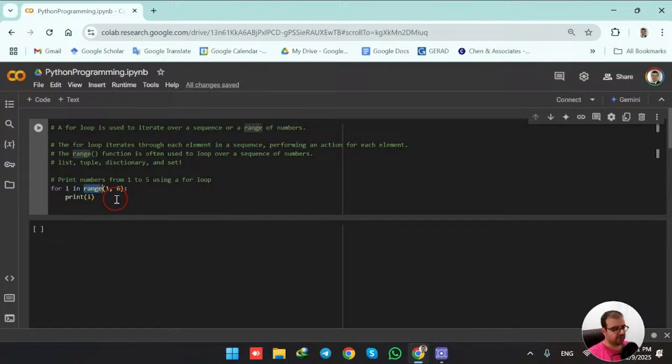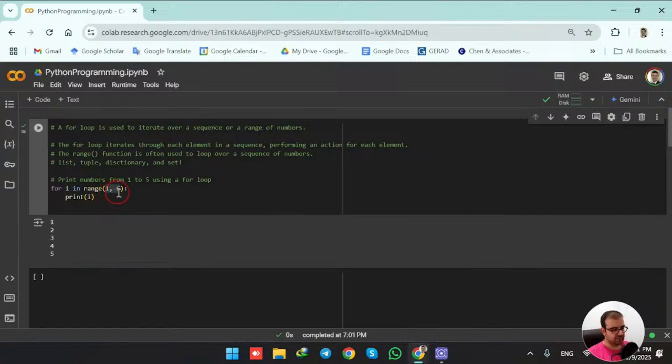Range is the function of Python that we are going to use, and the range is divided by a comma. So there are two values in parentheses that we are going to have when using the range function, the starting point and the ending point. So let me run this code. When we run this code, this i is going to iterate over this range for us. One thing to mention is that the starting point in the Python range function is inclusive, but the ending point